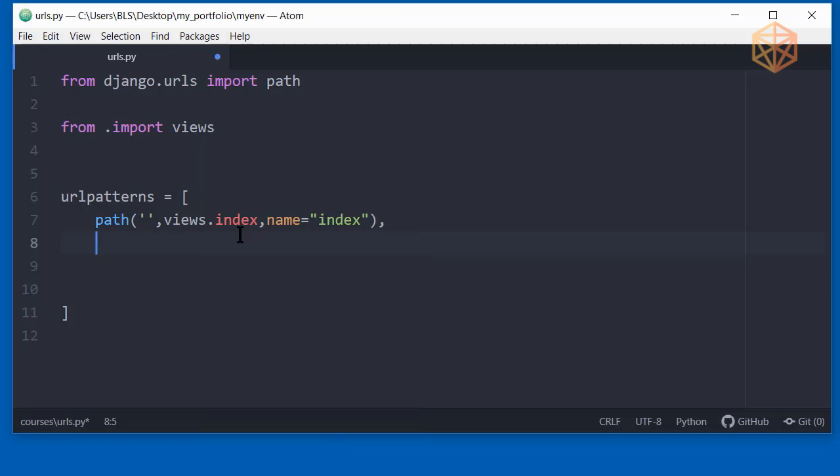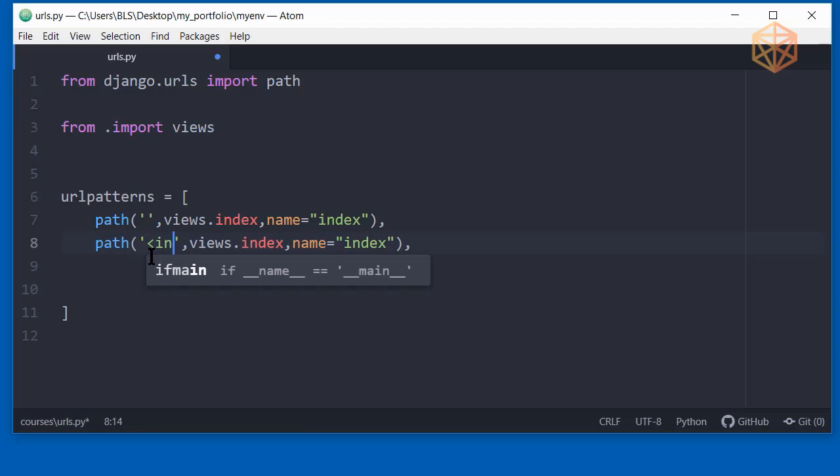To begin, every path function must have a route. That means where you want to go to search for particular information. So here, the first parameter is a route. For that, I'm going to put int. I'll explain this in a minute. And I'll type in course underscore ID